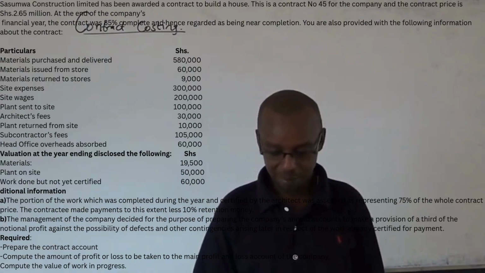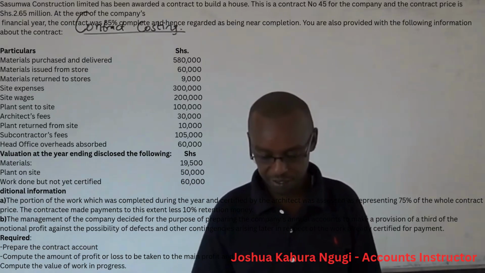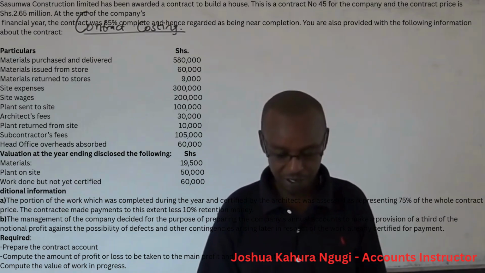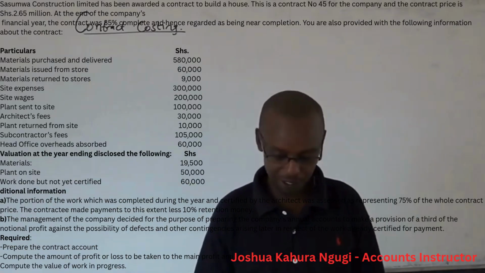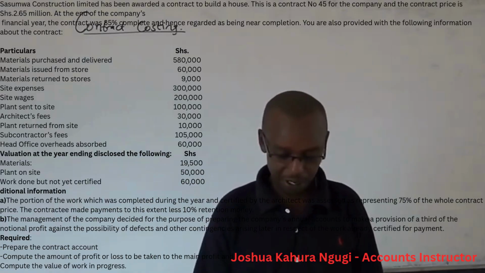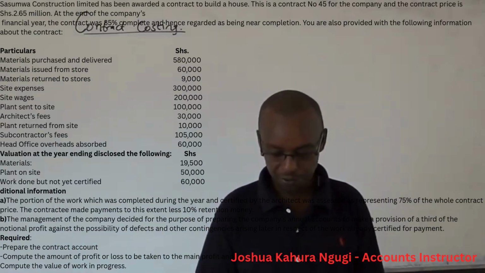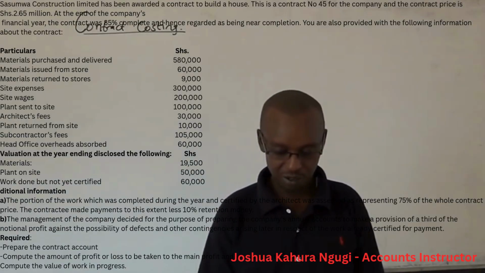The management of the company decided, for the purpose of preparing the company's annual accounts, to make a provision for a third of the notional profit against the possibility of defects and other contingencies arising later in respect of the work already certified for payment. Required: prepare the contract account, compute the amount of profit or loss to be taken to the main profit and loss account of the company, and compute the value of work